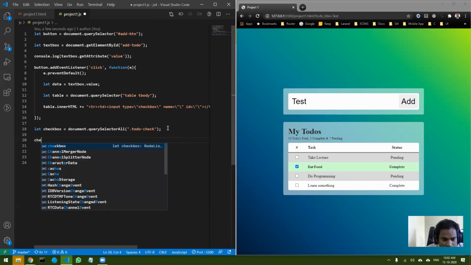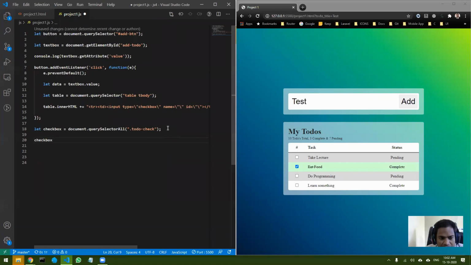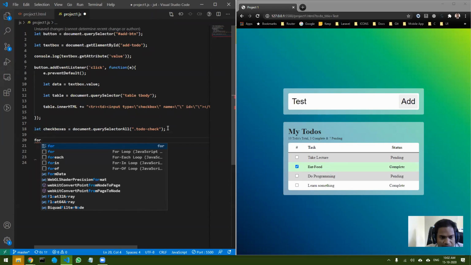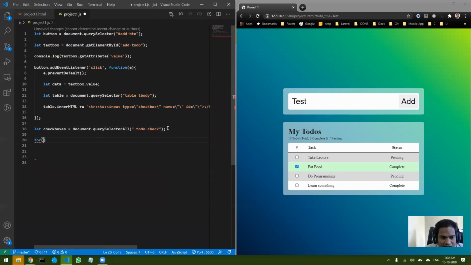So what I do is, you can use a for loop to loop through all the elements. Let's just call this checkboxes. I'm just changing the name and making it plural. Now I can use a for loop, or you can use anything, you can use every also.